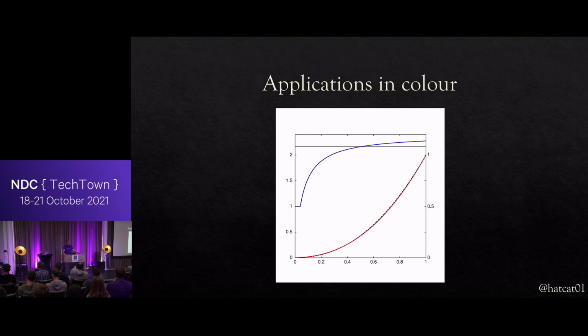And as you can see, there is more detail at lower values. The upper half of the intensity spread is represented with only about a third of the stored values. So on the left-hand y-axis, you have the effective local gamma. The blue plot is the function slope in log-log space, which is the effective gamma at each point. You'll notice that there's a little straight line at the end. The reason for that is so that we don't end up with it asymptoting off to 0. That would make all the maths very hard.